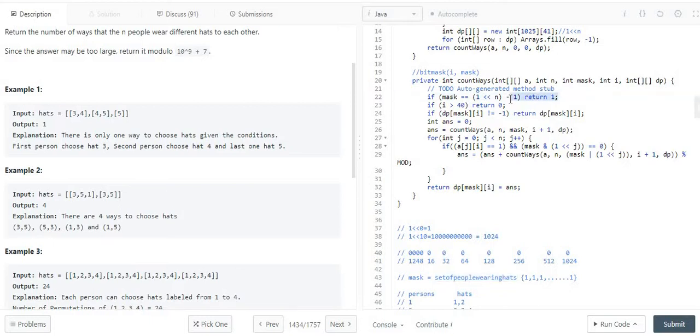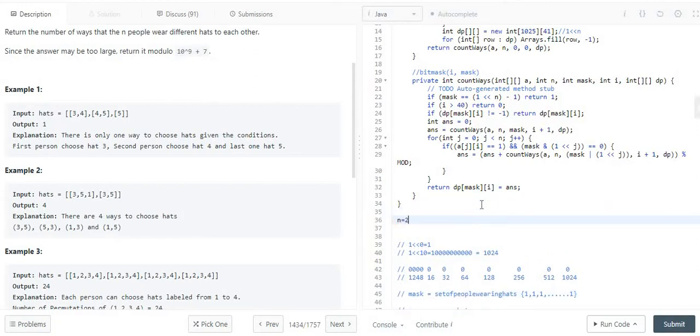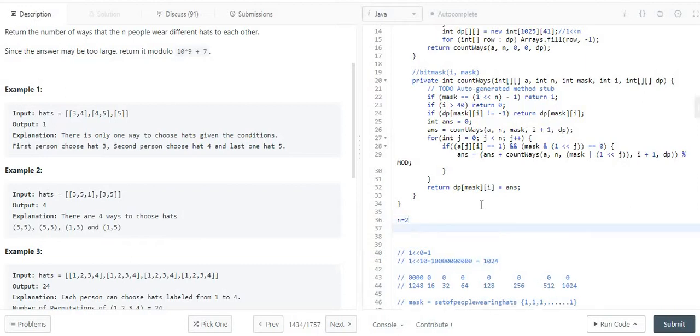So whenever all the bits are set, meaning all the people are wearing a hat. For example, if I consider n is equal to 2, I have to shift 1 by 2 times, so basically it would be 100. But I have only 2 people in my set, which is why I am doing -1.